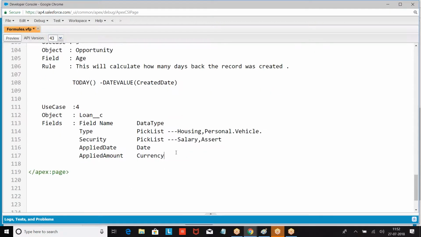Now formula 1. Calculate the rate of interest. What is the rule? Loan type, interest.